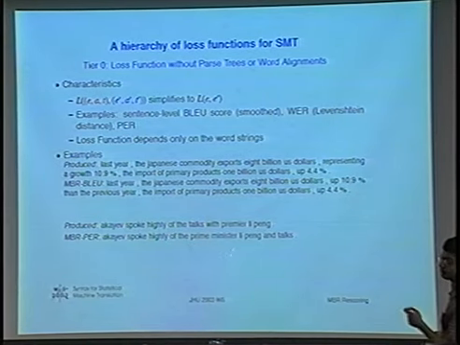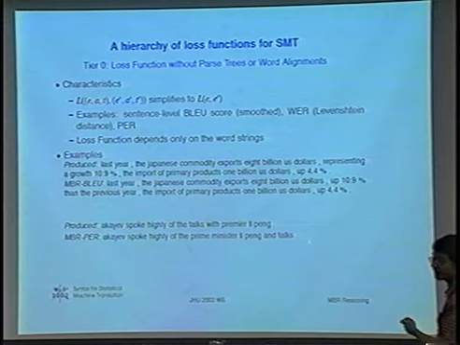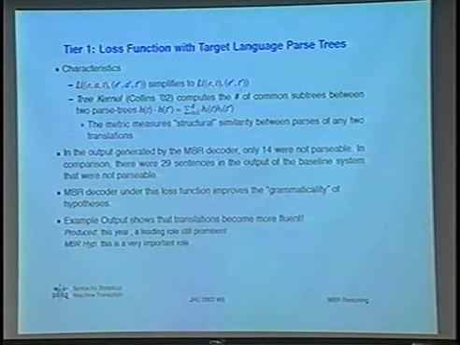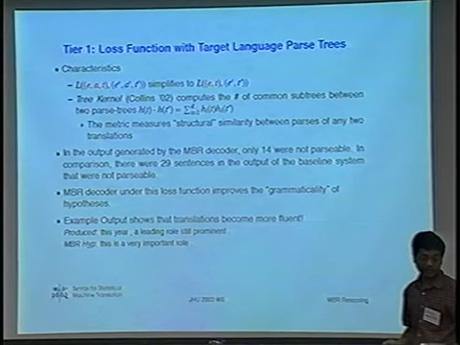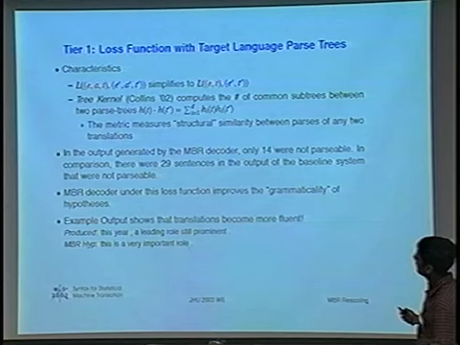In this case it does, because I know that this is a sentence where the MBR hypothesis is better in terms of the criteria. So the consensus can be in terms of different loss functions, but the idea is that it helps to improve the consensus in terms of the desired loss function. Moving up the hierarchy, we next look at target parse trees. So we still assume that we don't have alignment. So the loss function between the reference and hypothesis simplifies to a loss between their parse trees in both languages.